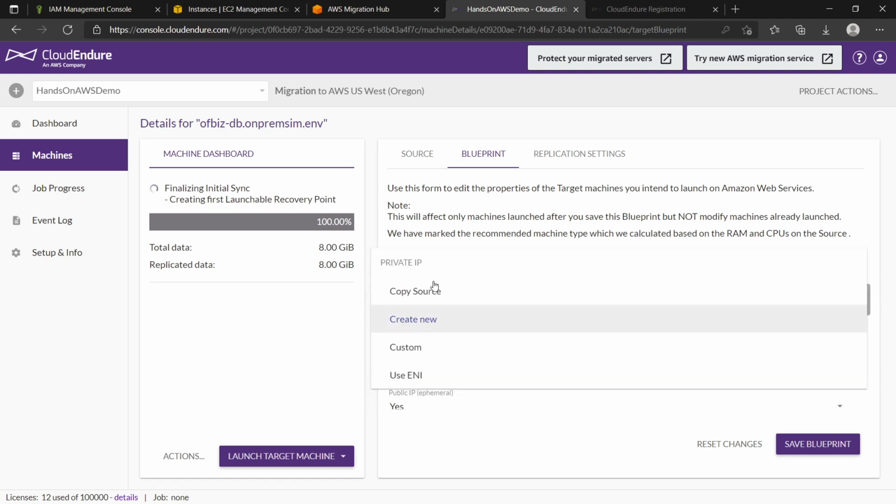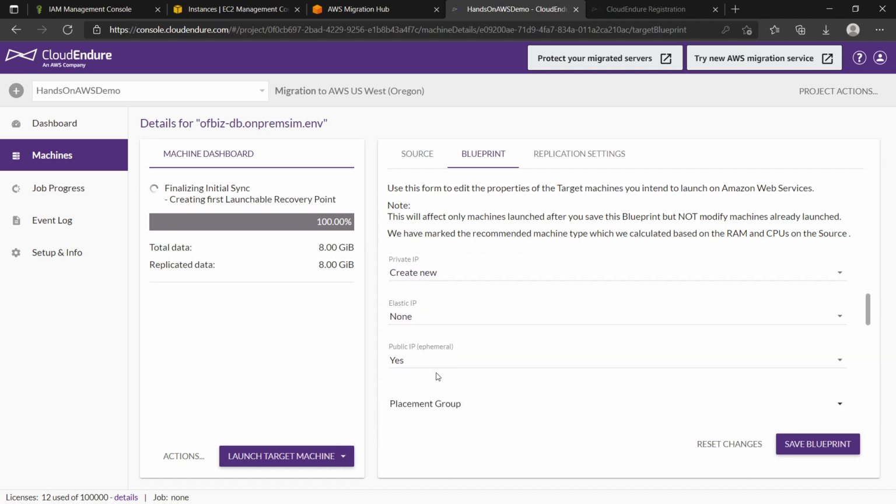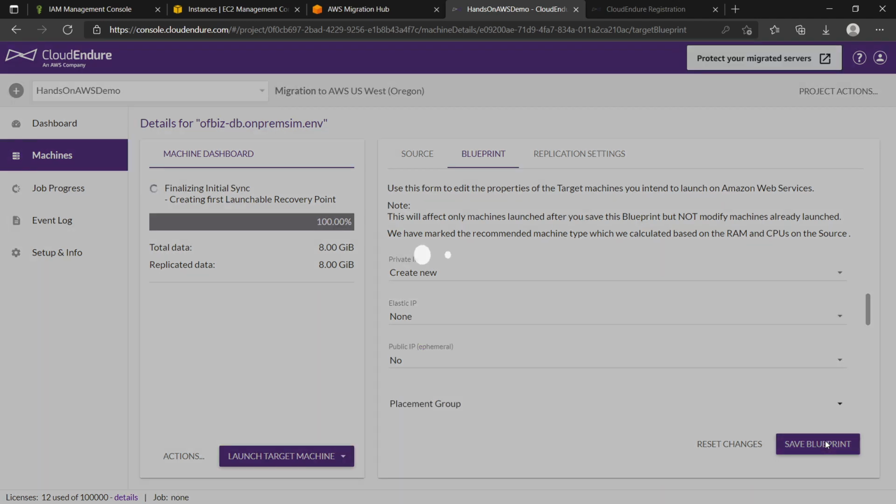In case you want to retain the same IP address from your on-prem, you will need prior configuration of the same IP ranges in both the target VPC and your on-prem data center. This is not recommended unless you have specific requirements or workloads that have hard-coded IP addresses, and things will break if you don't use the same IP addresses. Public IP address is not required for these private instances, so you can save this.